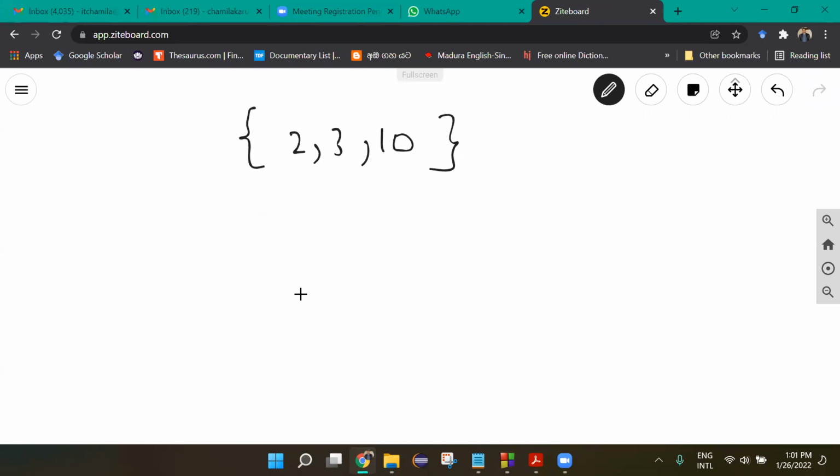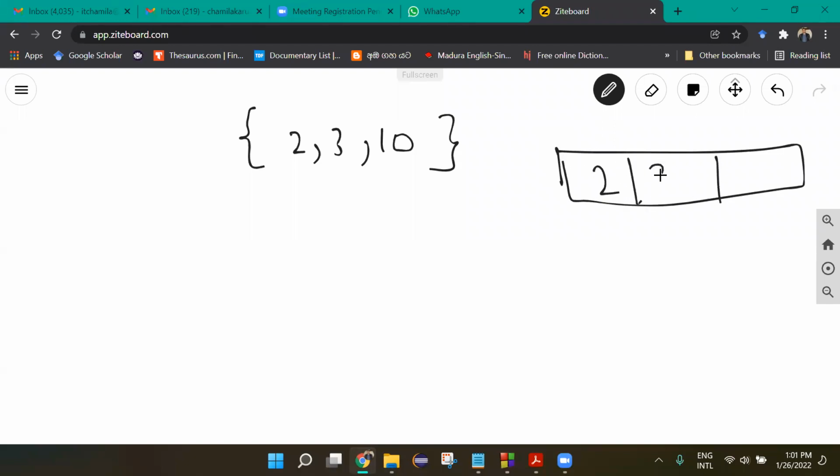So this is one array. We visualize it like that. 3, 2, 3, 10. So these values are there. If we have another array,